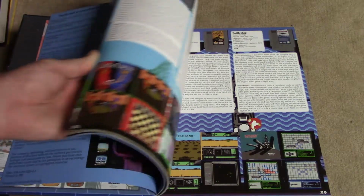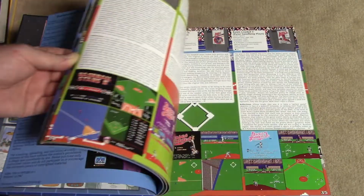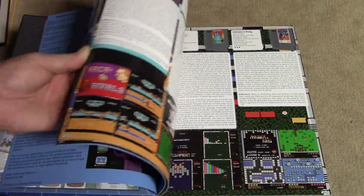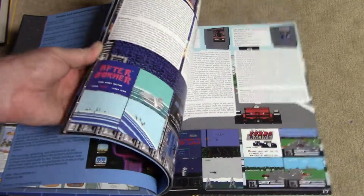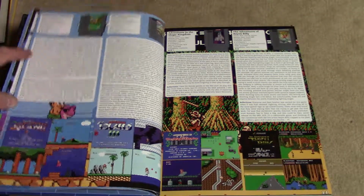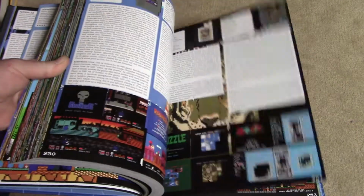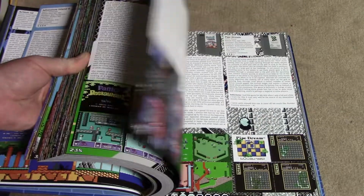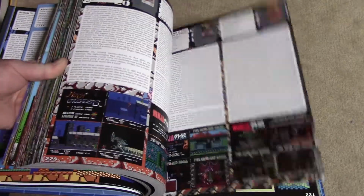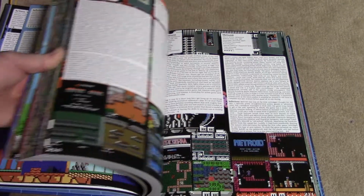But yeah, this has all kinds of people giving opinions in this book. Because it basically shows a couple screenshots, talks about the game, and then it gives like an opinion about it. So Pat had to sit down and play every one of these games, good, bad, okay, whatever. But he had to play them all to research this book. North American titles anyway, I guess is kind of the idea. But yeah, if you want to look and try to find new NES games, this is the book to look. Figure this is almost like an NES encyclopedia. Pretty awesome stuff,